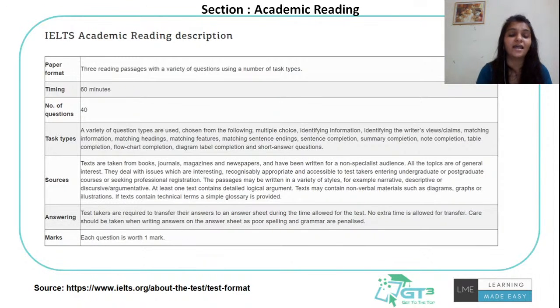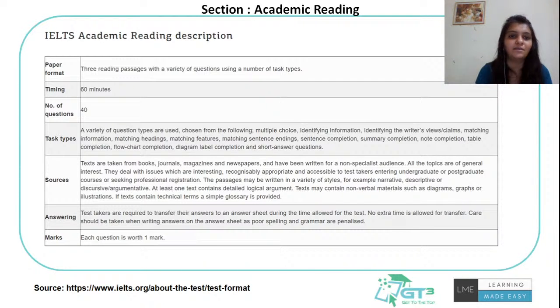So they will understand whether you are able to understand whatever has been given to you with high vocabularies or not. In academic reading, the language is generally more complex, to see whether you are able to cope up and study over there. The questions and the passages would generally be from books, journals, magazines and newspapers. There will be varieties of different questions and high vocabulary. And there will be no negative marking, so you can always attempt all 40 questions. So this is the reading.